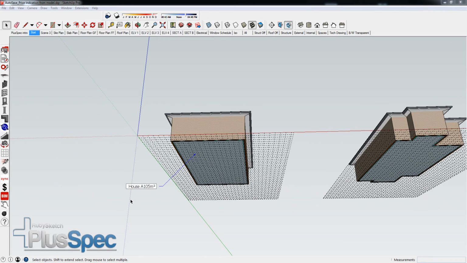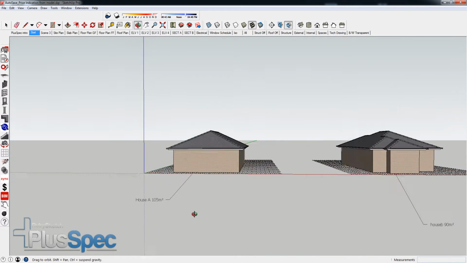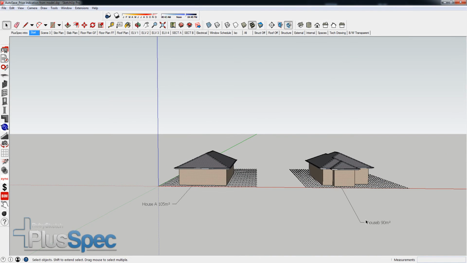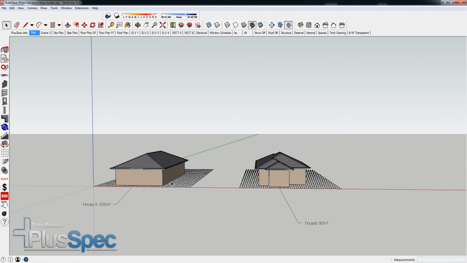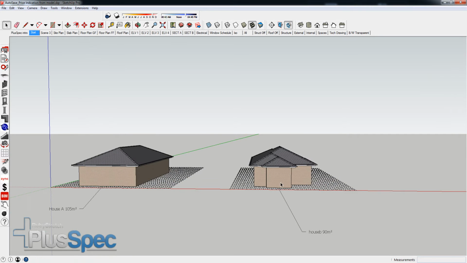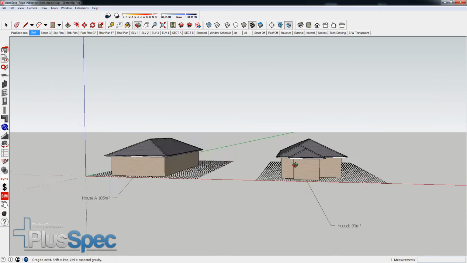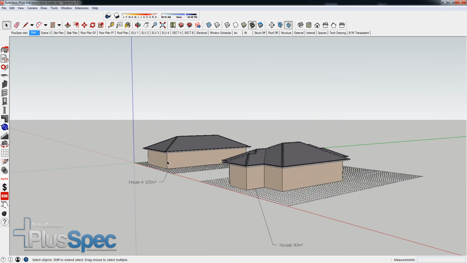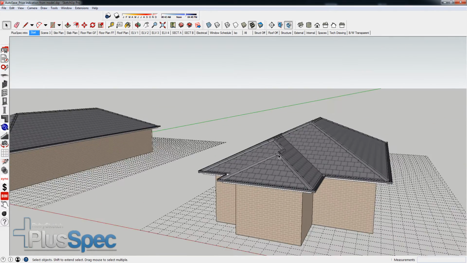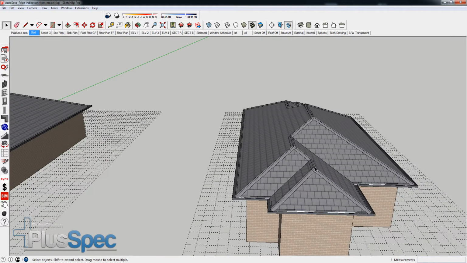House A. Okay. So now we've got the two houses, 90 and 105 square metres. Logic tells us the one on the right would be cheaper to build, yet the price per square metre is not going to be the case. There'll be exactly the same amount of bricks in the house on the right as there will be in the house on the left, and obviously there's more complexity in the roof, so you would think that labour costs would go